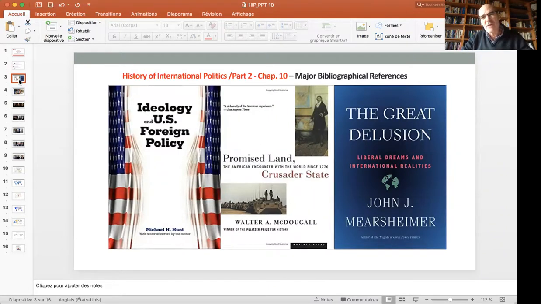And I will here apply Michael Hunt's Ideology and U.S. Foreign Policy on the one hand, and I also will use Walter McDougall's Promised Land, Crusader State, which is the title of his book. The visions on the one hand, the first encounter of America with the world, notably beyond the Western Hemisphere,